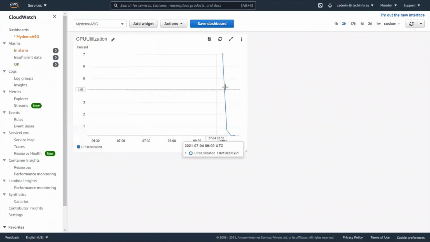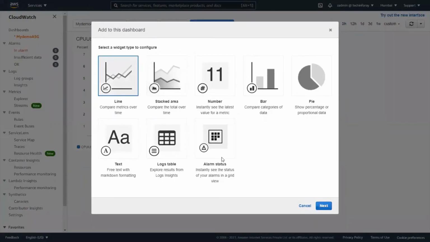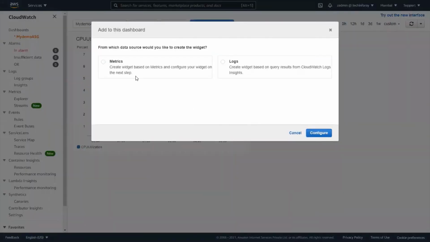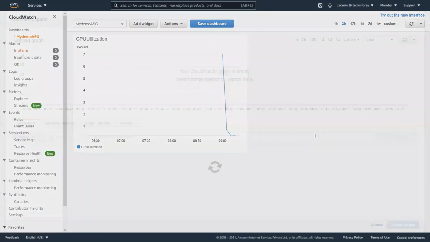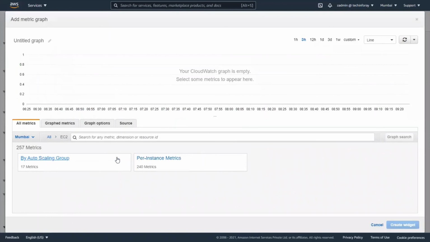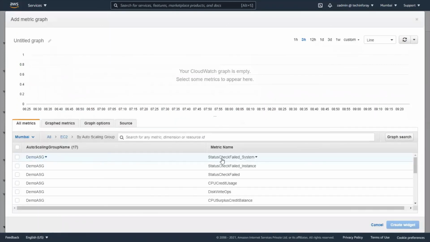So this is showing the CPU utilization. Also, we can add the number of machines as well. Line, next, metrics, configure, EC2, auto scaling group.